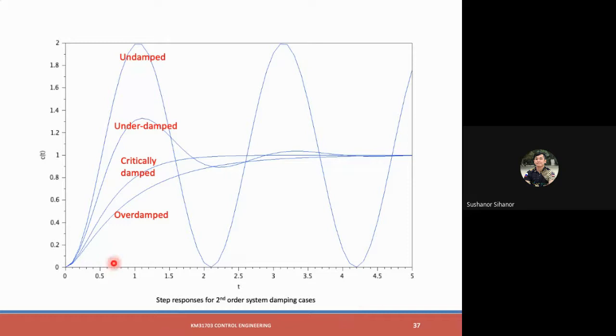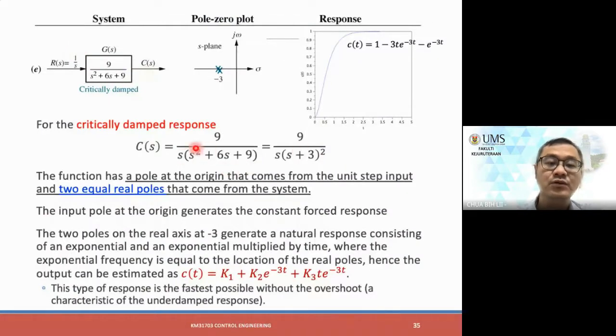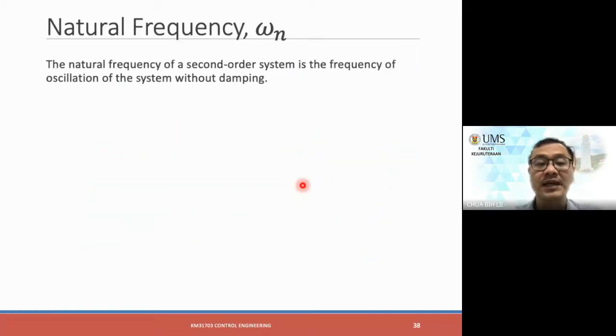Right, great. Okay, so you can try inserting all these equations, these particular equations, and then you can generate this graph from Scilab or MATLAB. This is generated from Scilab itself, and I labelled it with undamped and so on. So this is how it would look, the step response for these second order damping cases. Next would be the